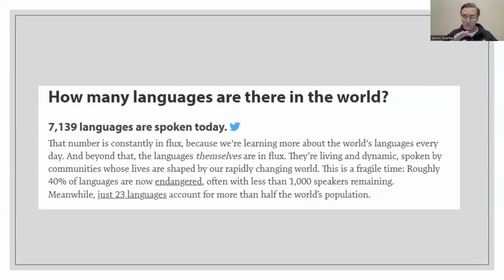but of course, it's hard to numerically count every single language because that number is constantly in flux. We learn more about languages every day. And which languages are being spoken more or less is always changing. 7,000 languages,